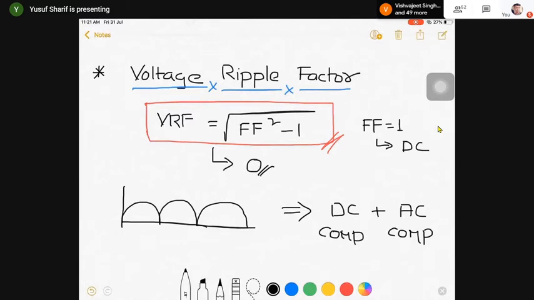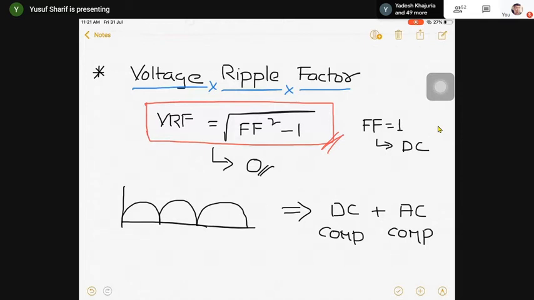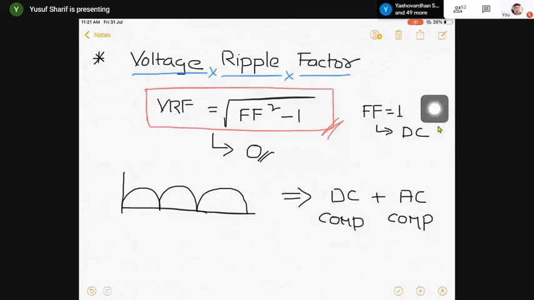You must have studied Fourier series. I'll give you an expression so you may get some idea. Few people may ask how this AC component came from. This is what we have done in a rectifier. After rectifying, we get this output. So you are saying this has some DC component as well as an AC component. How come? Unless your signal is pure DC, definitely you'll have some AC component in it.